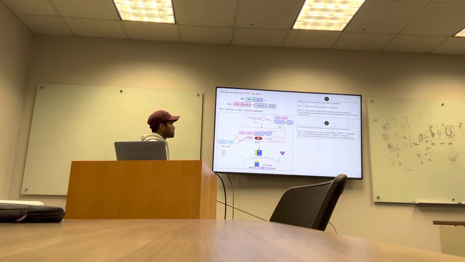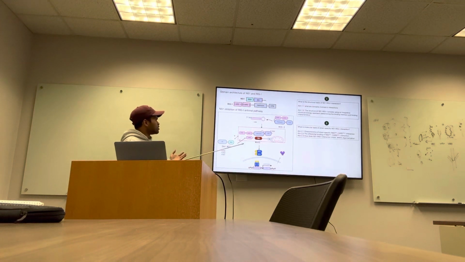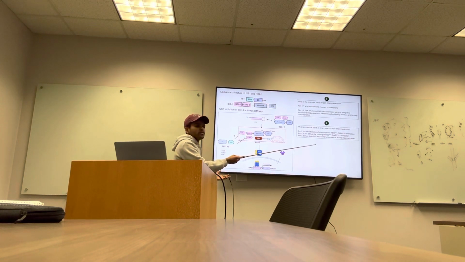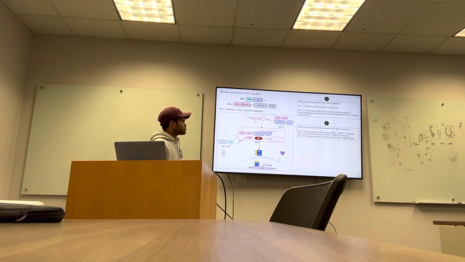Aim 2 is basically understanding the molecular basis of strain-specific interactions. NS1 proteins of different strains of influenza virus employ different strategies to inhibit the host immune response. In the second aim, we want to see how strain-specific mutations in NS1 modulate their interaction with RIG-I, whether the binding between NS1s of different strains is different, and how the interaction between NS1 and RIG-I inhibits the oligomerization of MAVS, which I did not mention is an essential step for activation of interferons.